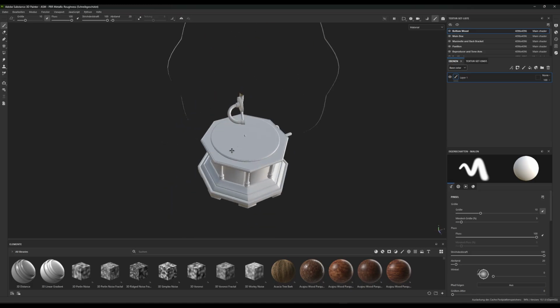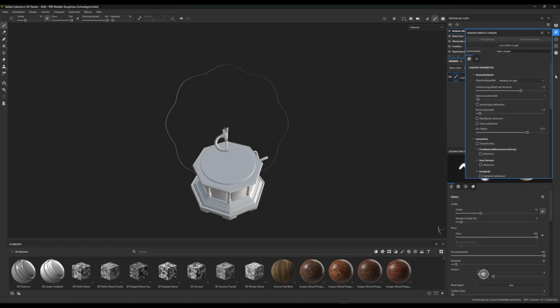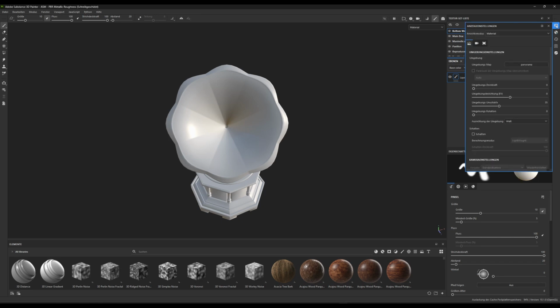So what we need to do, we need to go here on this world button, or this shader button here. And then let's go here to geometry, and we want to make this two-sided. So let me just translate for you. It might be two-sided, or maybe it's called back face cutting or back face, but I think it's called two-sided under geometry. And then also you can click here, and let's change the panorama